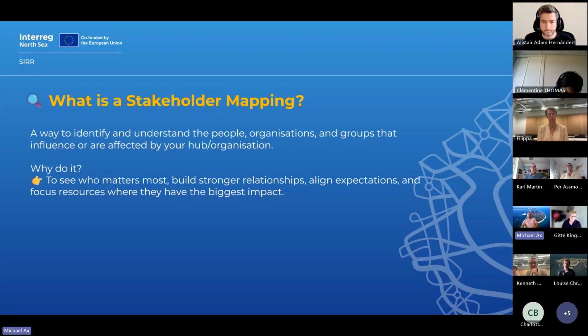A little upon what stakeholder mapping is and what options it offers to us, what possibilities we see by getting to know our stakeholders better. So basically, you can just say that stakeholder mapping is a way to identify and understand those people and organizations that you have around your organization, and those who in some way